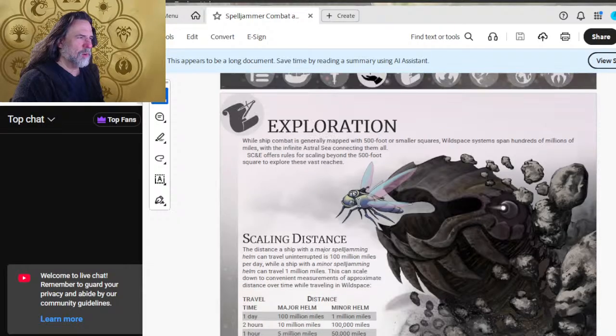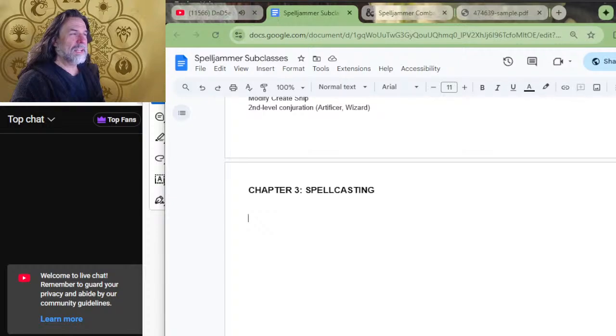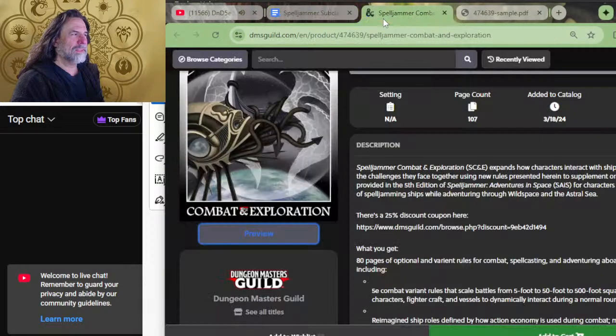Exploration. There we go. We're in the exploration chapter. It's 10 pages. Again, you can read along on the link down below in the book itself, in the preview,